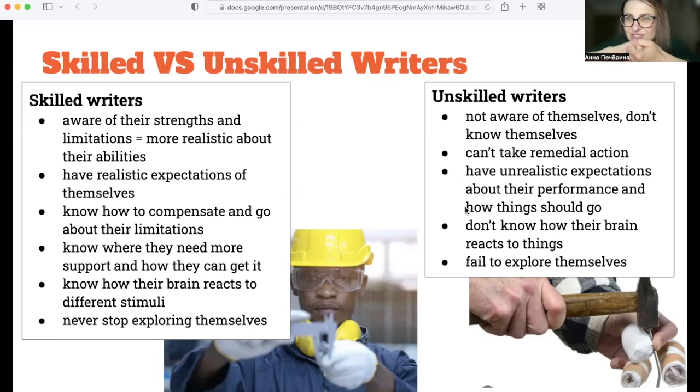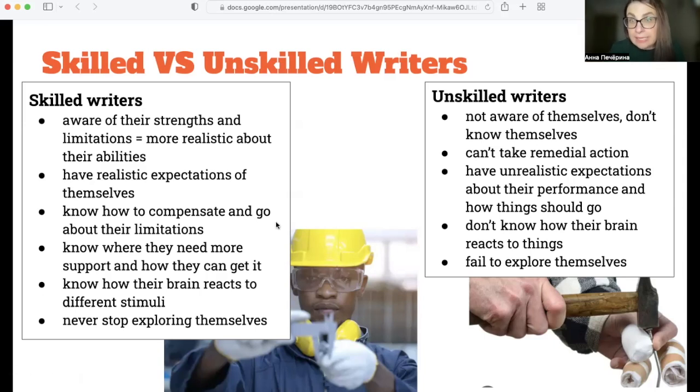And you see, all these things are so much interconnected. And as a result, they don't know how their brain reacts to things. Yeah, and it means, again, you can't take remedial action. They can't help themselves. You can't help them. Because knowing about yourself is about knowing the target and knowing where to shoot. If you have a rifle and you can shoot, you have this resource, you have to know what to aim for, but you can't even aim, you have no target.